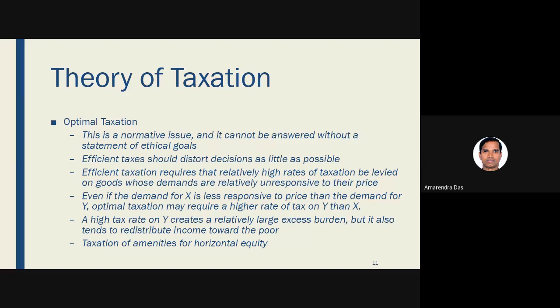And in such a case, economists argue that if you can also tax leisure, then only you can arrive at an optimal tax. But leisure cannot be taxed. If somebody is sleeping longer hours, can we tax him? You cannot do that. Okay. So that possibility does not exist. That is why getting optimal direct tax is quite complicated.